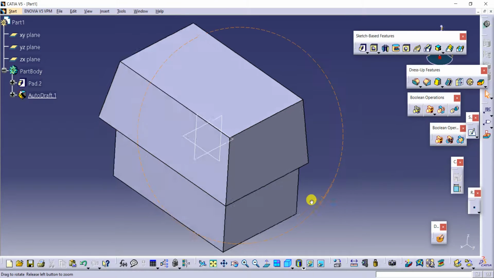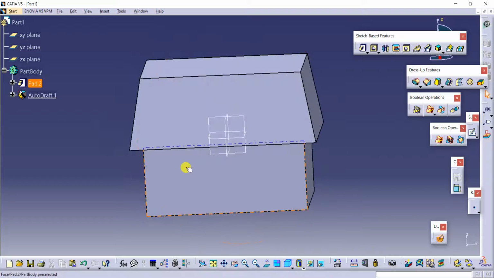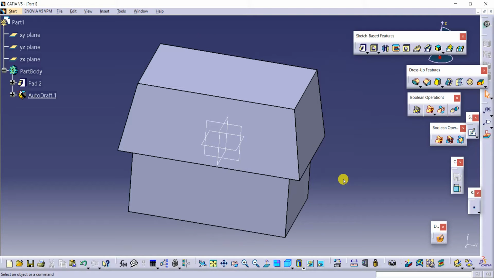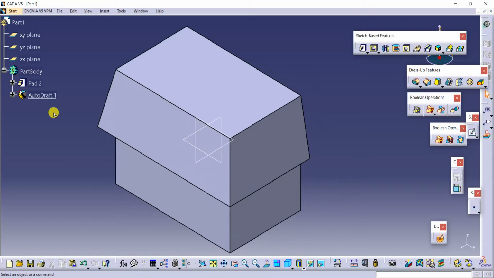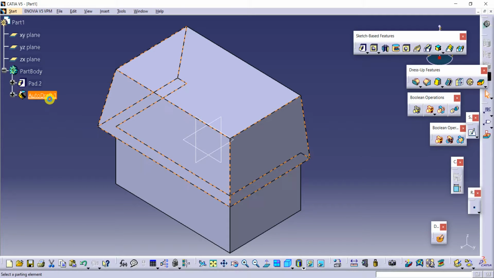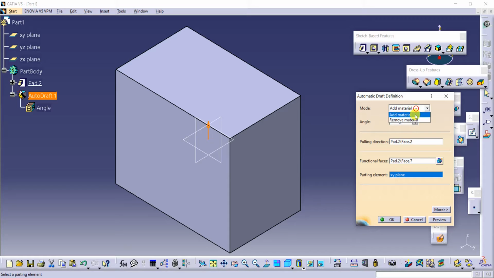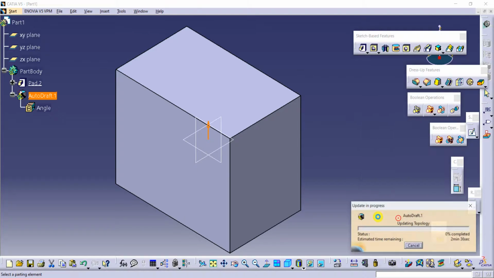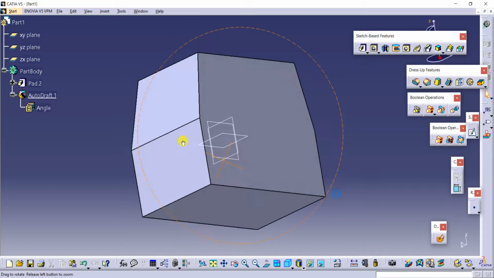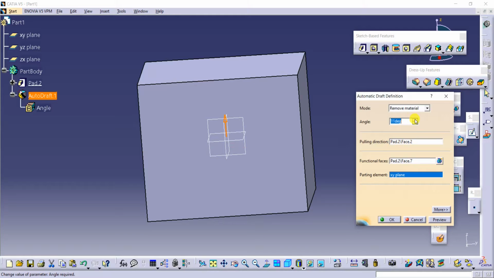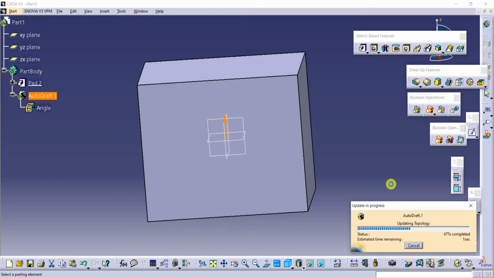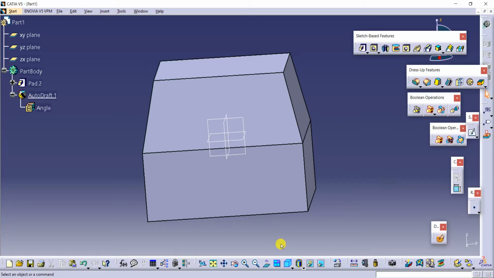See here, we got draft automatically. So if you have some difficult shapes, in that case if you want to give draft, automatically everywhere we will get draft. Now if you want to change this you can change also. See here, like this we can increase or decrease also. So it's about